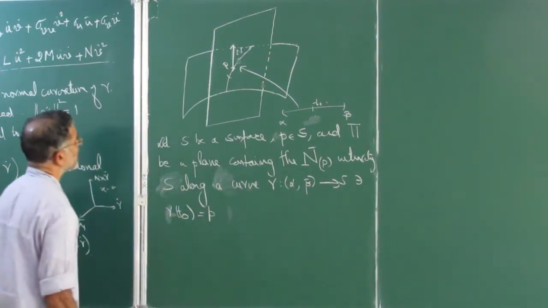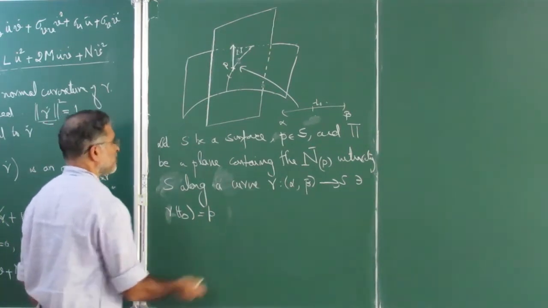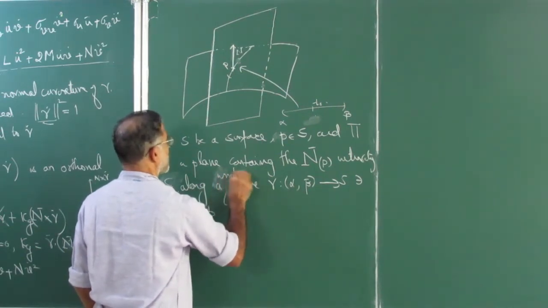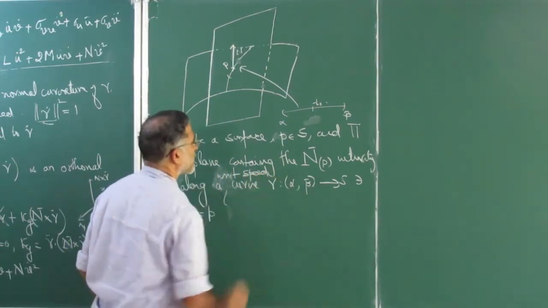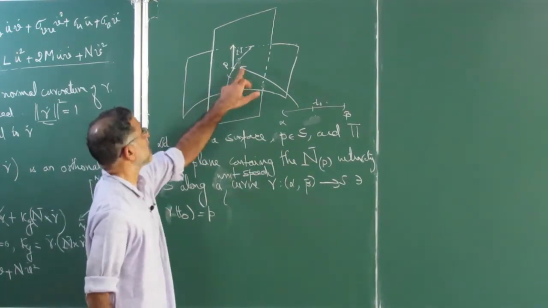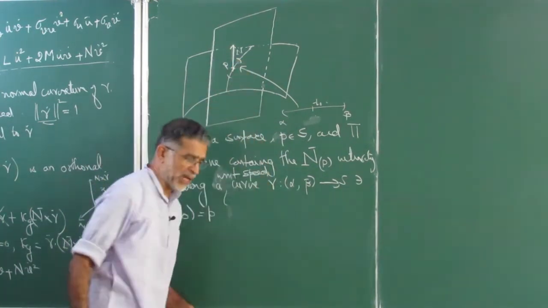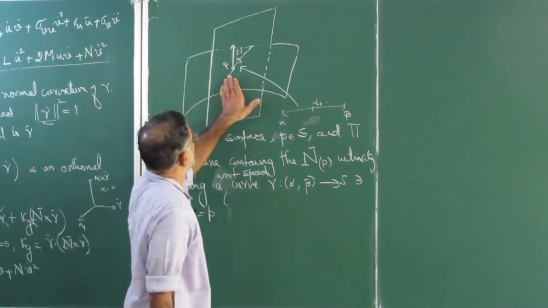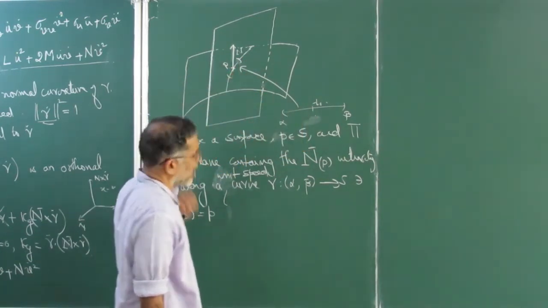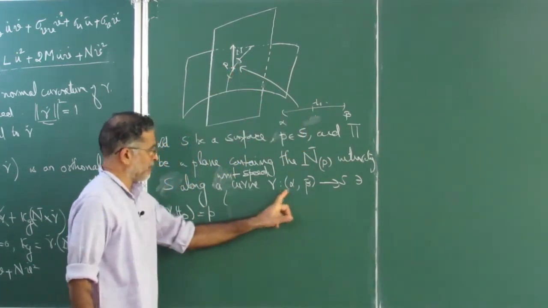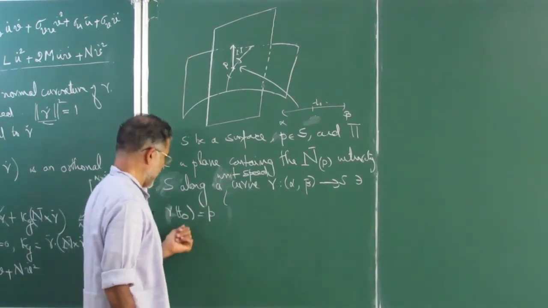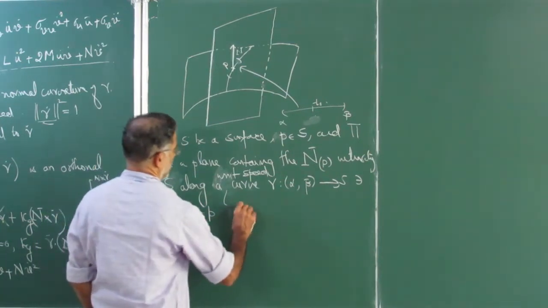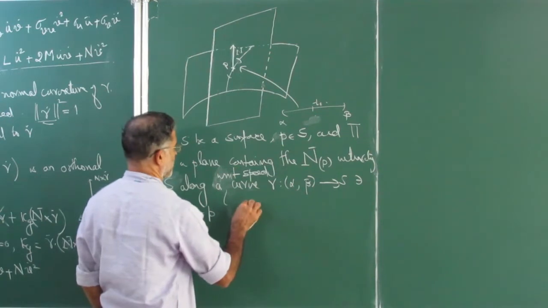Okay, so let's look at this. Now, let's say unit speed, because you are taking a parameterization. So let's again parameterize it unit speed. This intersection in a small neighborhood around P, look at the intersection, it will be a curve, and that curve we are going to parameterize unit speed and then look at this gamma dot. Whatever we have observed, almost the same thing will come.